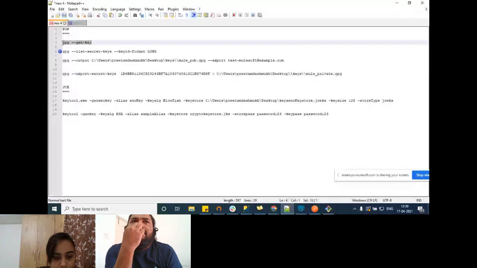I'm not sure why it's giving me this unencrypted file, because I've already created the key maybe. Let me try to generate the key again. It looks like something went wrong.